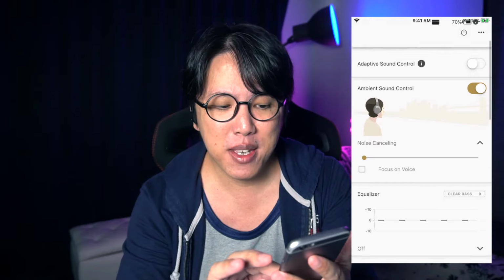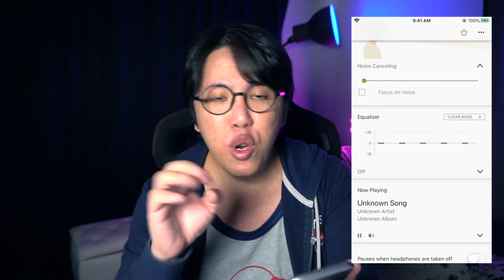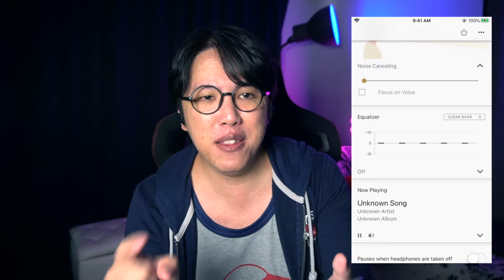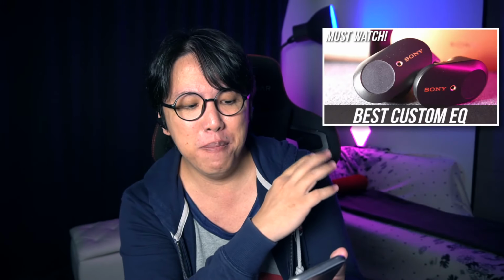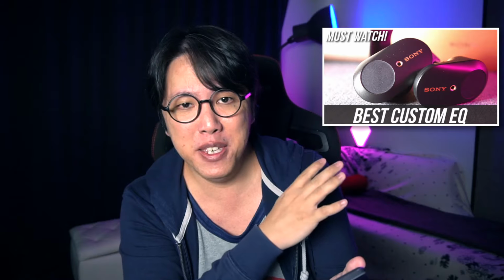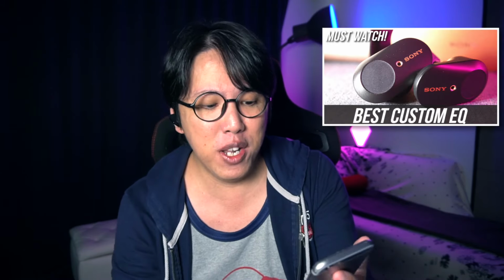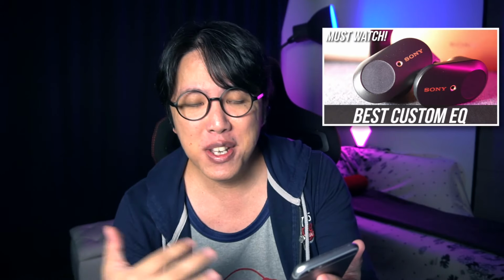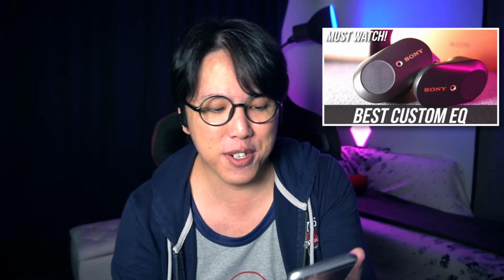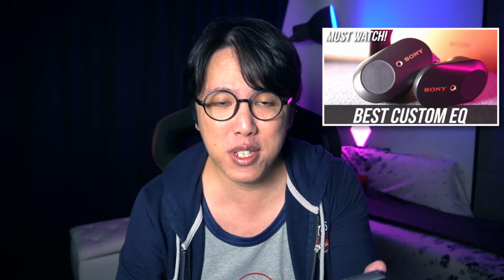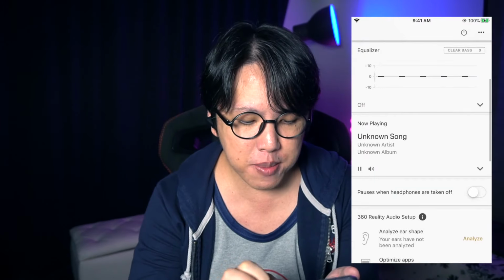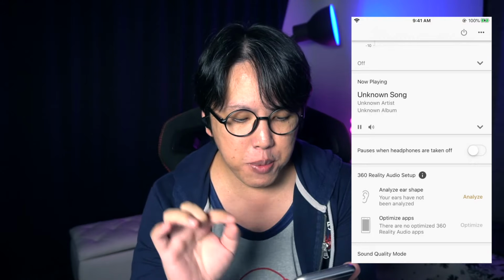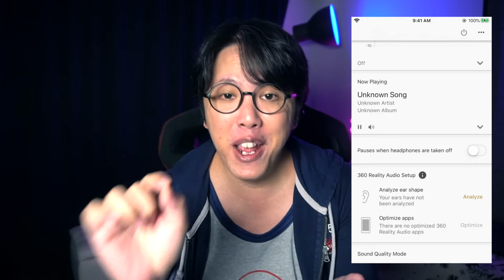So yeah, equalizer. Well, I won't go into so much detail about the equalizer because I feel that this video about my best custom EQ settings is still relevant. So be sure to watch that video if you want to know how to set the equalizer of your WF-1000XM3 earbuds. Music controls comes next, and below music controls you'll see this option that says pauses when headphones are